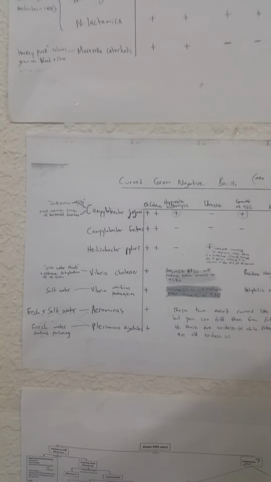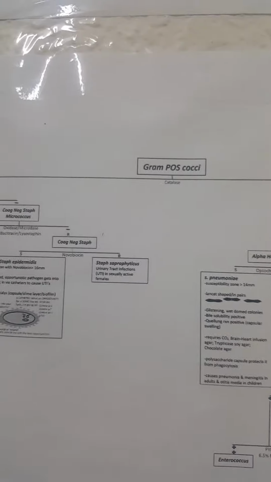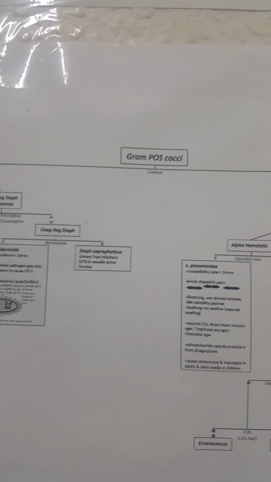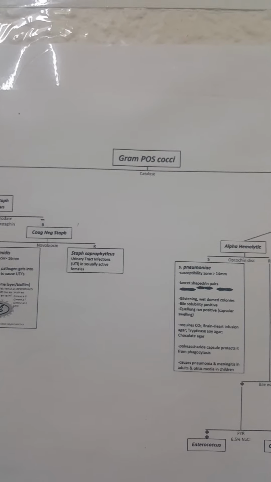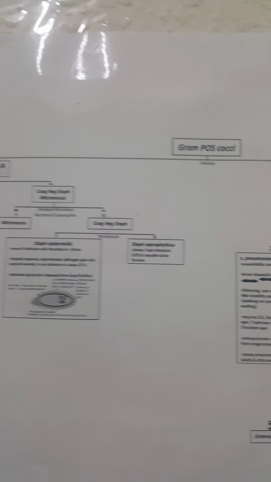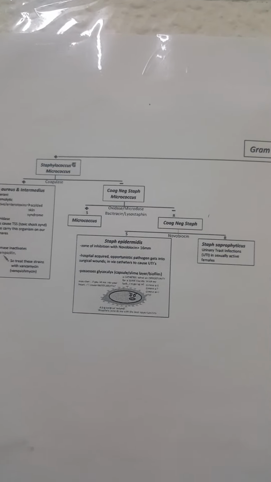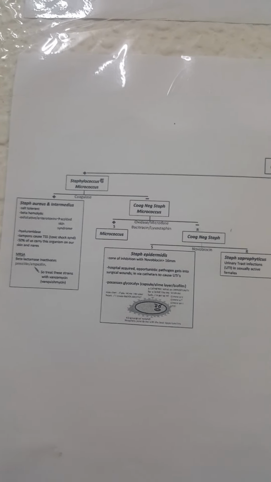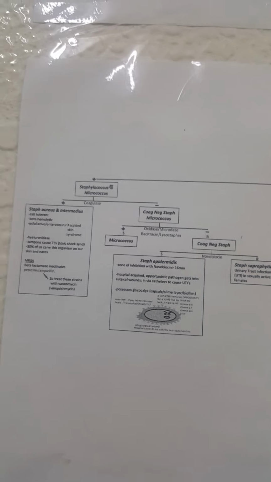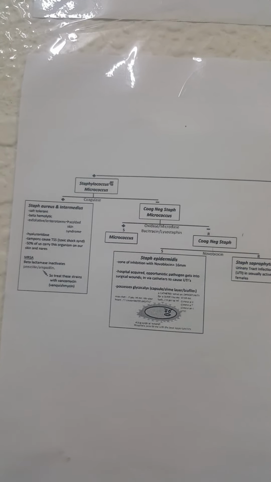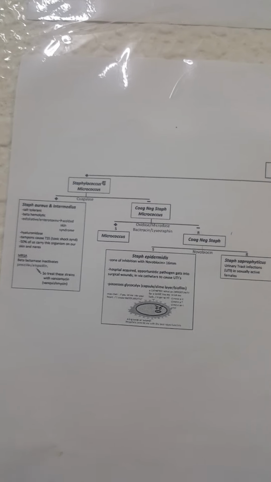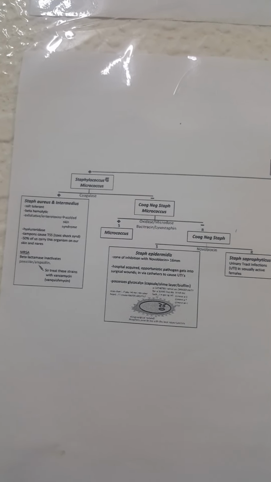Now we will go to the gram-positive cocci. In gram-positive cocci, we differentiate on the basis of the catalase test. Catalase positive organisms are Staphylococcus aureus and Micrococcus, while negative is the Streptococcus family. First, we will discuss Staphylococcus and Micrococcus. The other distinguishing test is coagulase, which is positive for Staphylococcus aureus and intermedius. Intermedius are